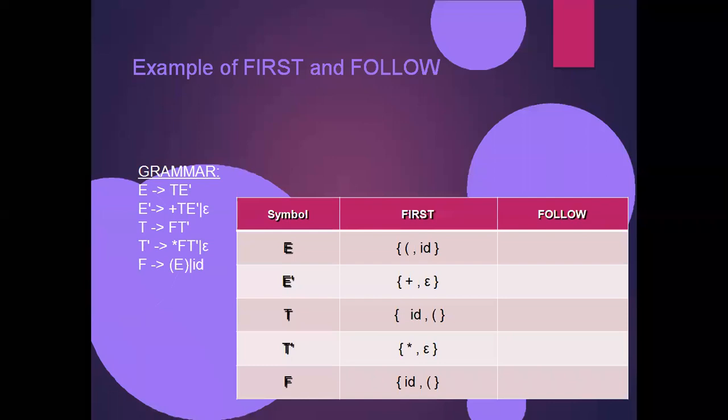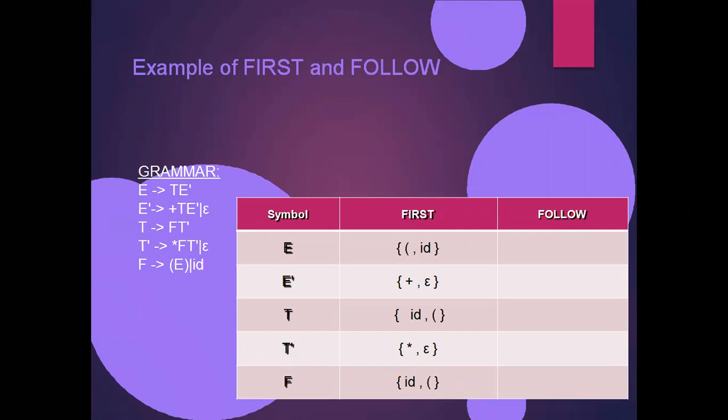Next, constructing the follow function. If you well understand the computation of both the first and follow functions, then we can directly represent the table like this. Just by seeing the grammar, we can directly represent the table without writing sentence by sentence or solving the first and follow for 2 or 3 pages. No need of that. If we are having a question for 2 marks, it is very easy to represent when you well understand the concept.